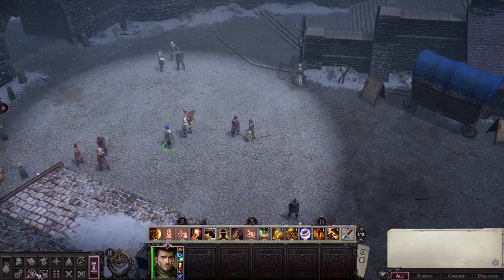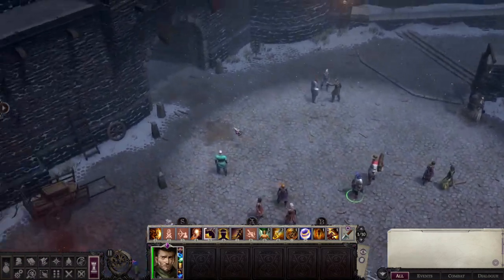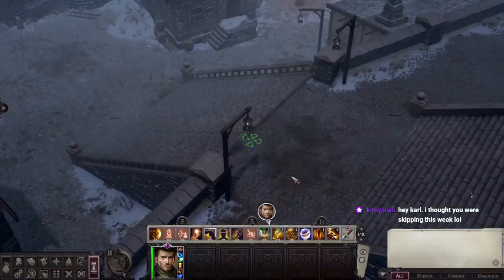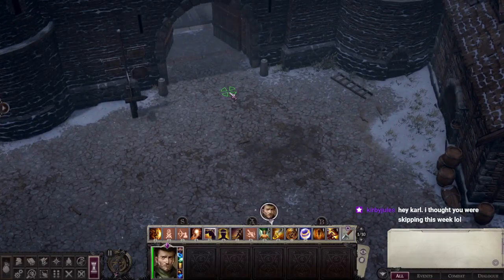A lot of interesting little options down here, like this one over here enables inspecting, which lets you point over a monster and it'll tell you some pretty specific details. So if you come across something you have never fought before, you can quickly look at its alignment, its resistances, what it's weak to, what it's strong to, everything that's currently